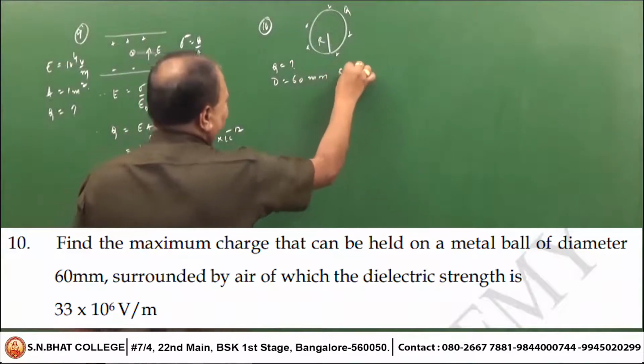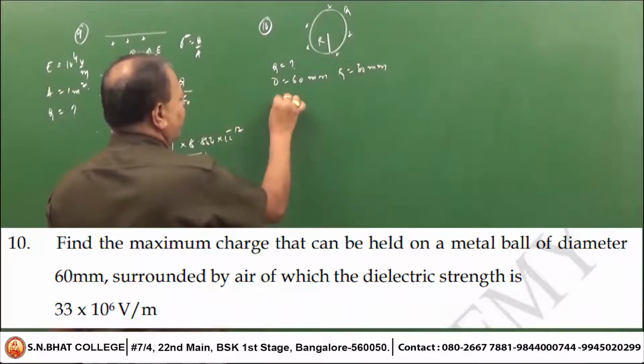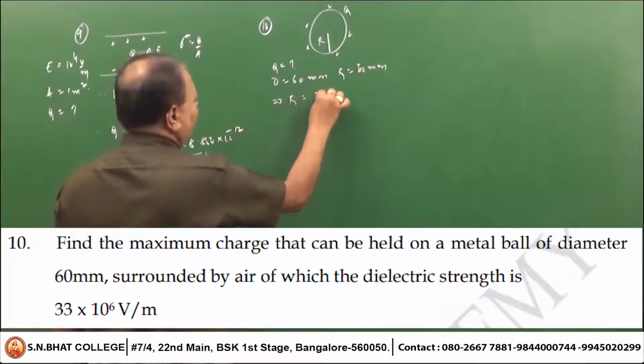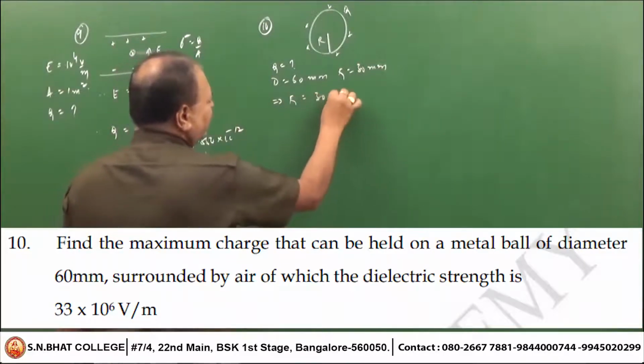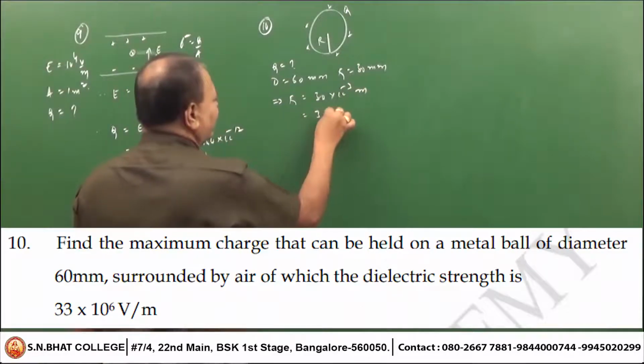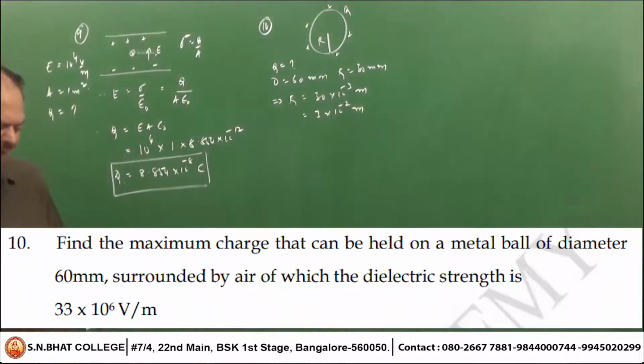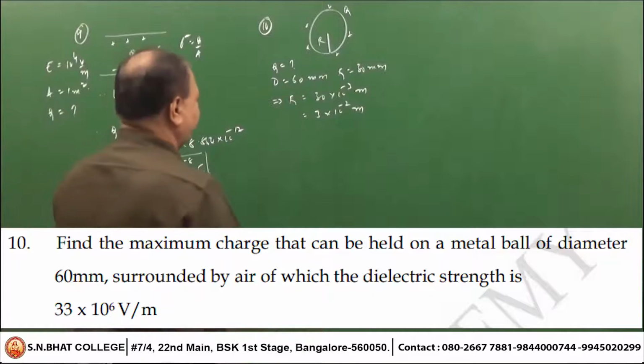That means radius is equal to 30 millimeter, which implies your radius is equal to 30 into 10 to the power minus 3 meter, or we call it 3 into 10 to the power minus 2 meter. You should know all these conversions well. That it can hold surrounded by air of dielectric strength is